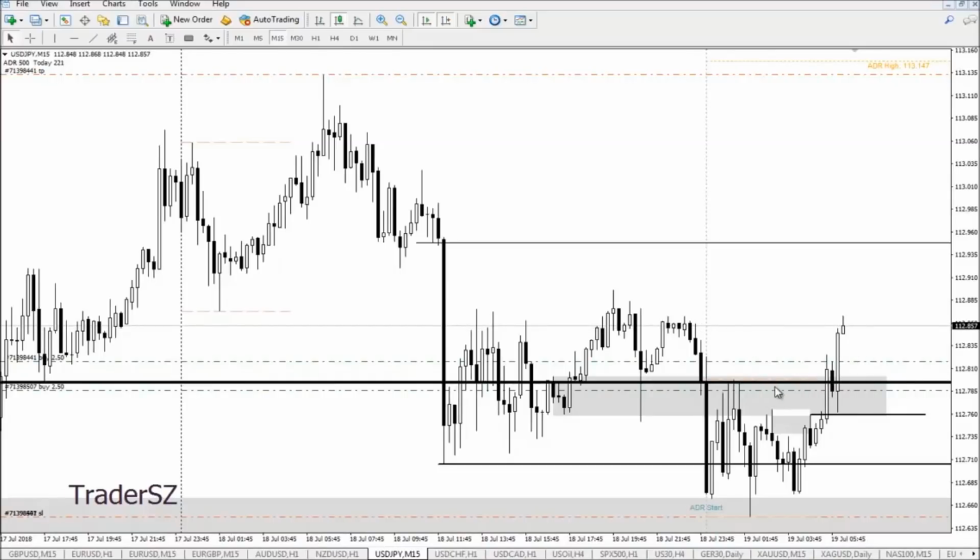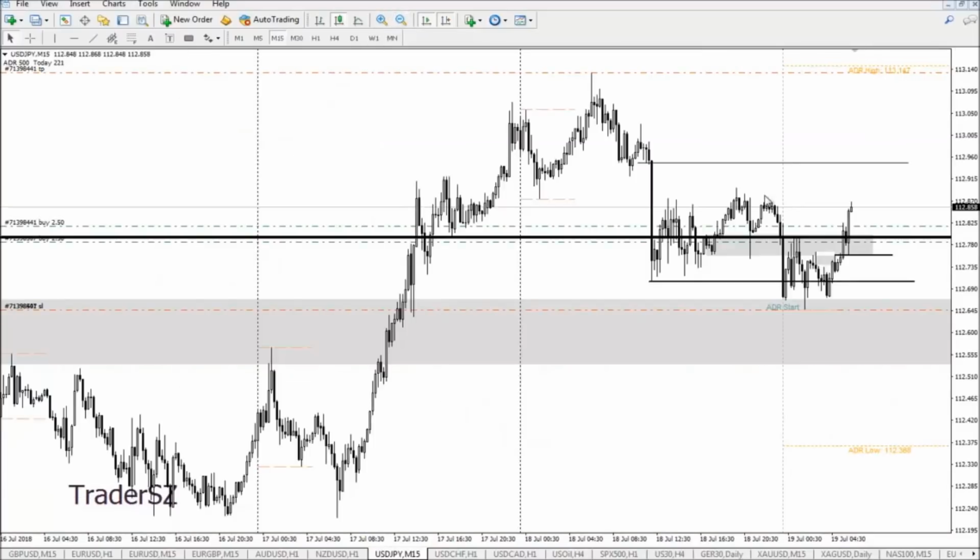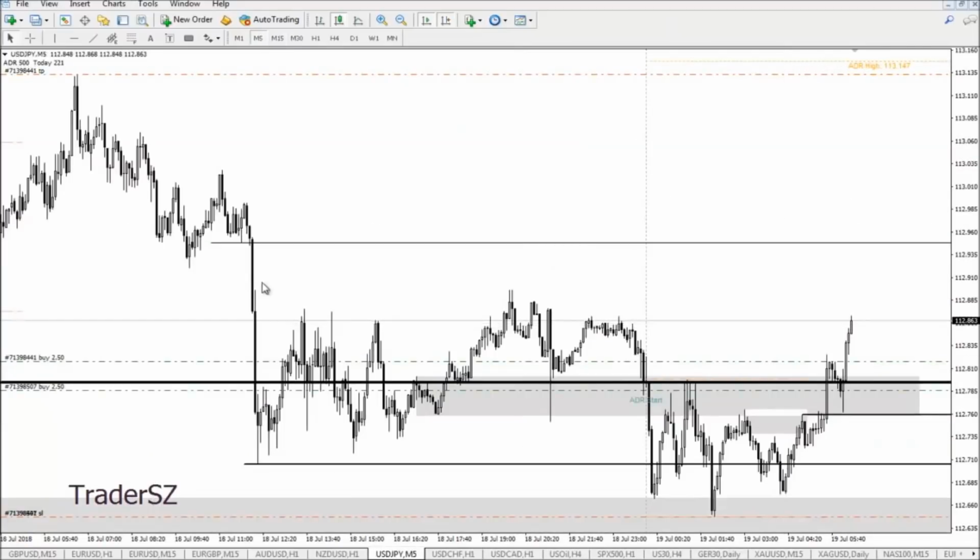Now what we don't want to see is it get back below last week's high. If it goes back below last week's high, it means two things. One, it's going to drop. Two, it's just going to keep consolidating. And if it's consolidating, we can't do anything about that. So for scalpers, this would be a nice target for scalping. I'm not going to say whether you should take profit or not, but if you're a scalper, this is